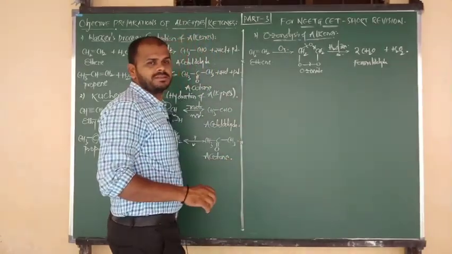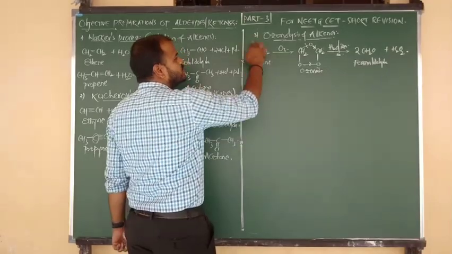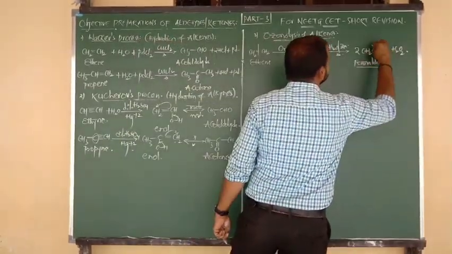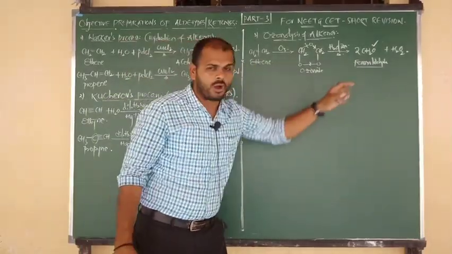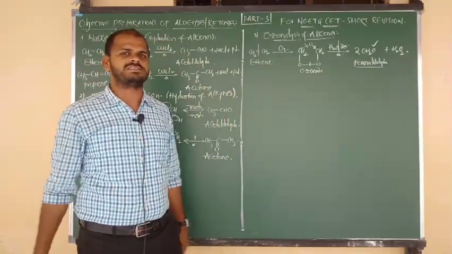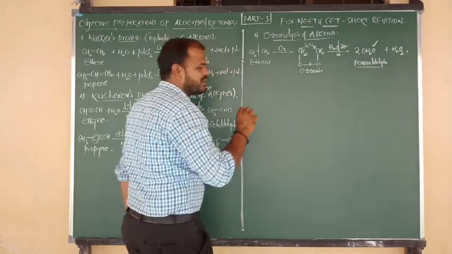So how to do the shortcut? Nothing, beta. Whatever the alkene may be, simply break the double bond, 2 sides 2 oxygen, CH2O, CH2O. So you are getting 2 moles of what, beta? Formaldehyde. Without writing the ozonide form, directly we have to expect the product. Simply cut the double bond, 2 side 2, give the 2 oxygen atoms. Okay? Good. I am going to give you another example. Try to see the answer.